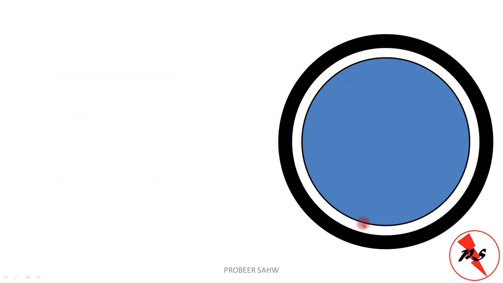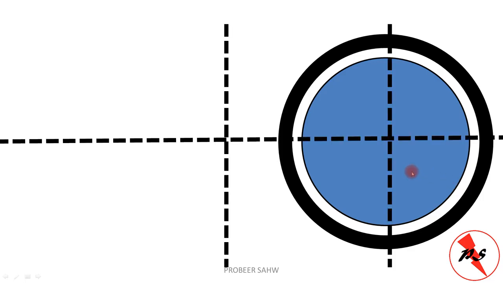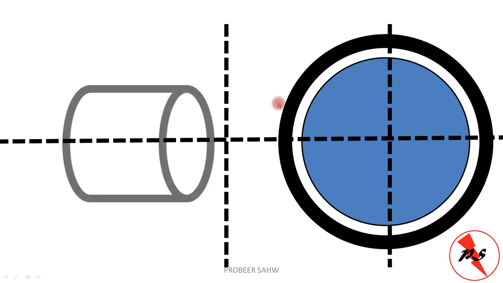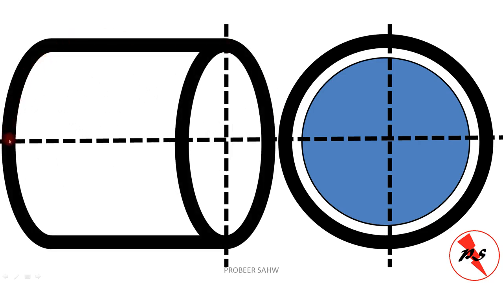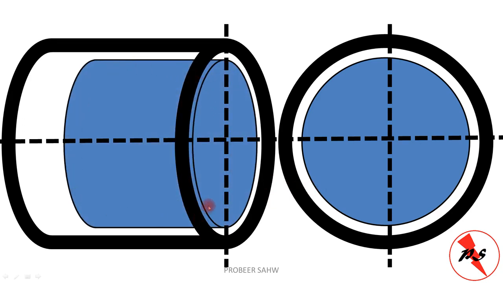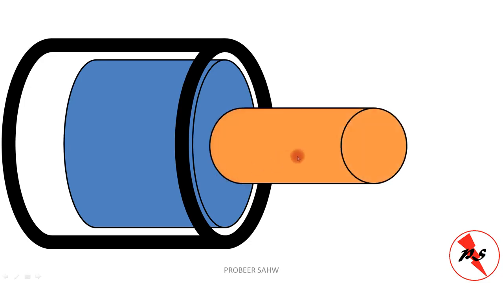This is the front cross-sectional view of the DC machine, but we must understand that these are not circular parts, these are cylindricals. The stator is a hollow cylindrical structure, and the rotor is basically a solid cylindrical structure. We also have another part which is mechanically coupled to this solid rotor of the DC machine, which is called the shaft.